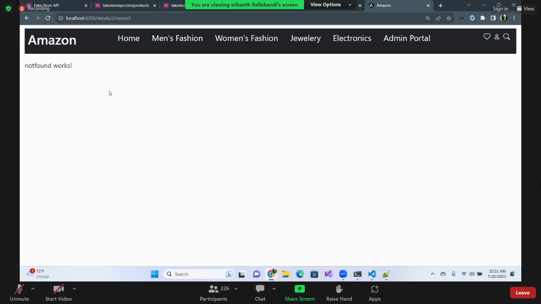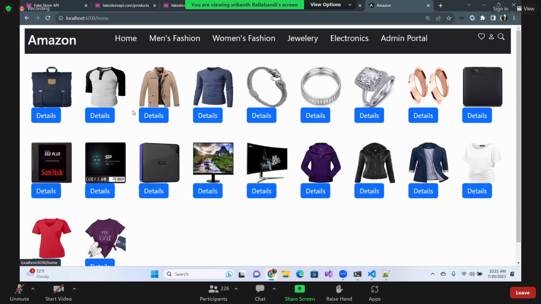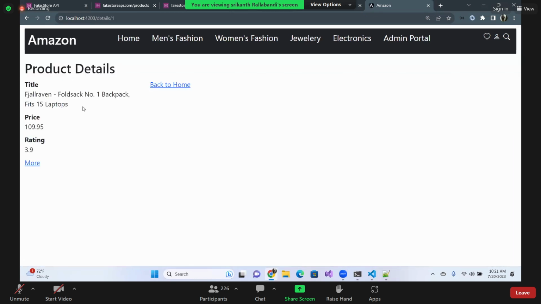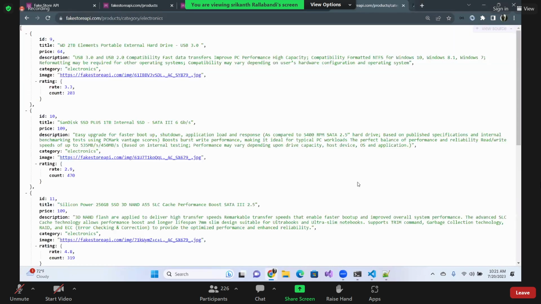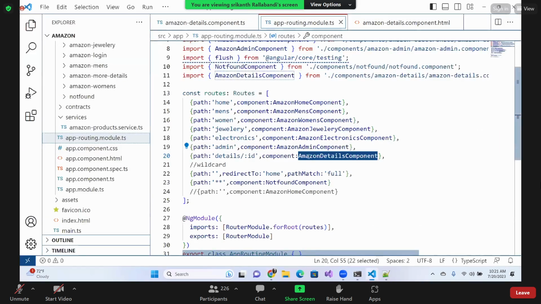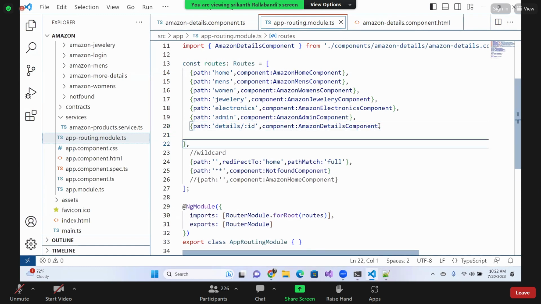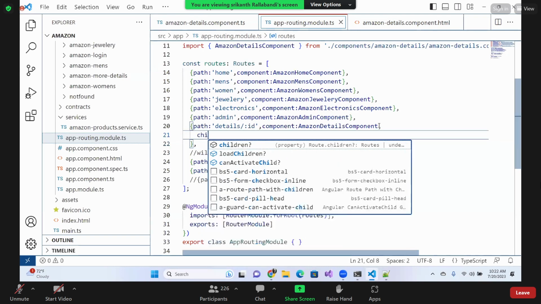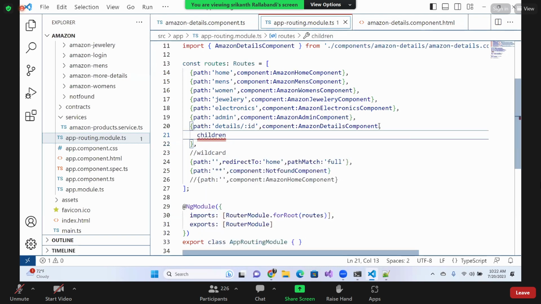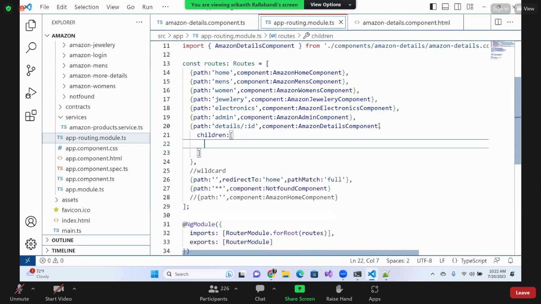That means first, what we are doing, the navigation you can see. We are on the home page. From the home page, we are moving to the details page. And from the details, again we are digging more into another page. So that is the reason now, from here, I wanted to provide a child routing. From here, I wanted to provide a child routing. Shrikant, how to provide the child routing here? It's quite a simple one. Now what I can do, children, that's what I can use,